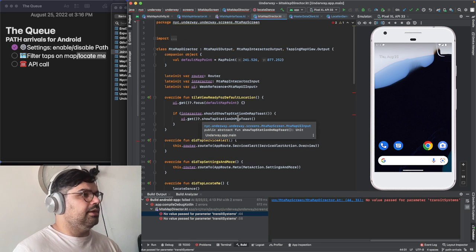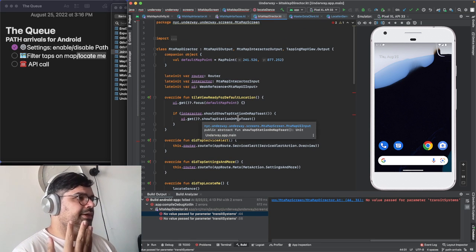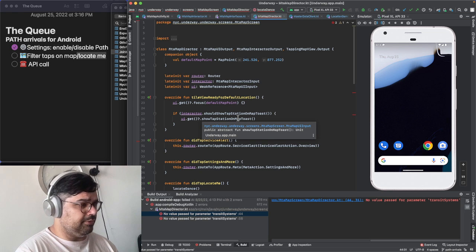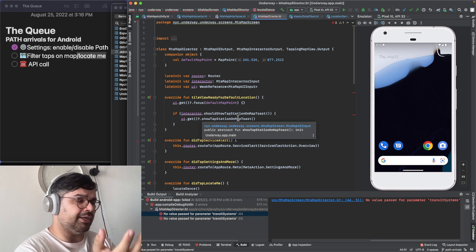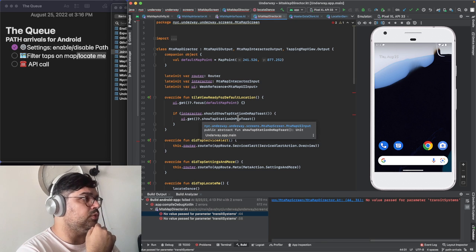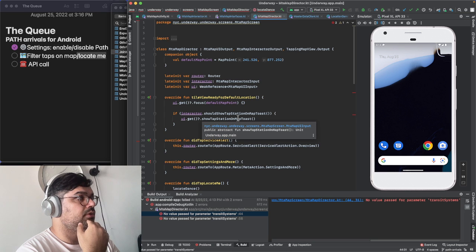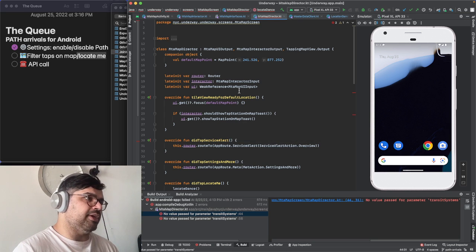And then I guess the brains of this screen needs to know the current preferences. It would be nice if this had access to the context or access to. I guess the interactor can be